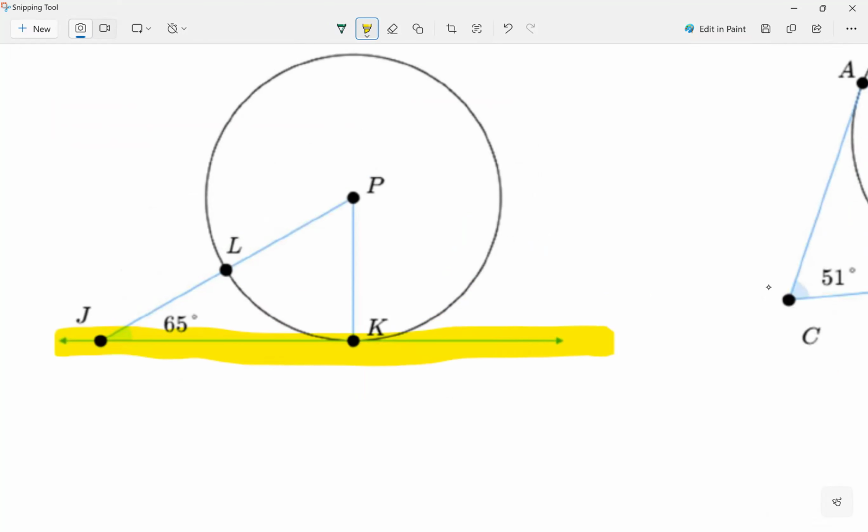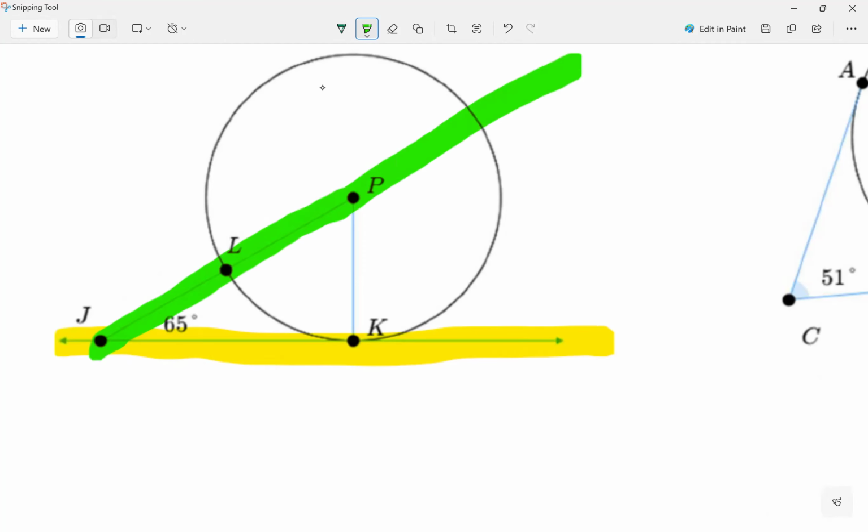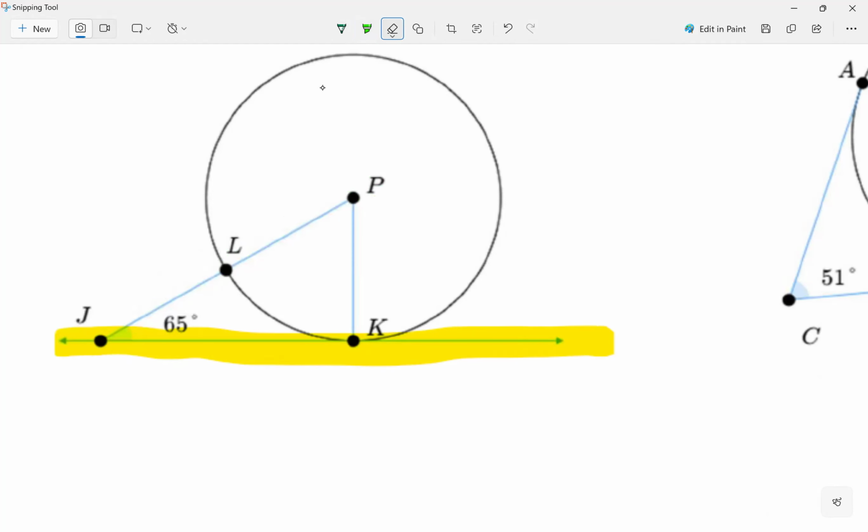Now, I'm going to come out with another segment here. This other one in green is not a tangent segment because if I were to extend it into a line, it would touch the circle more than once. So that's not it. The tangent segments are only those that are part of a line that touches the circle